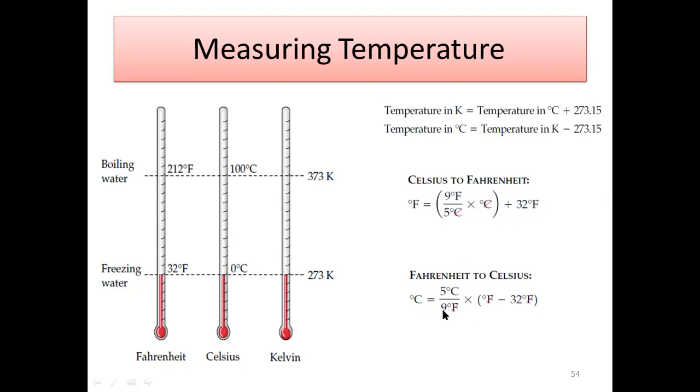And similar to this one, if your temperature is given in the Fahrenheit, you have to put the value over here, and then these are the constant values, 5C over 9F, and 9F is going to be cancelled out, and again this is going to be cancelled out. What is left? Centigrade is left. So this will convert the unit from Fahrenheit to the centigrade. So there is only just the division, multiplication, summation, and the subtraction. There is nothing else involved in this calculation.